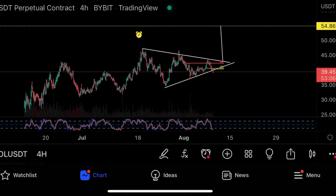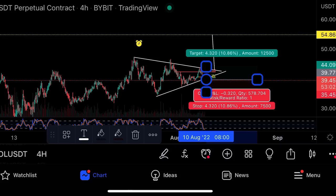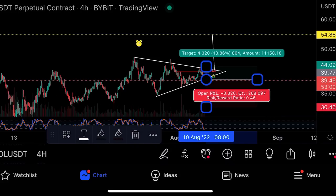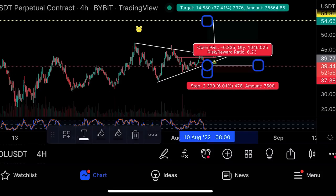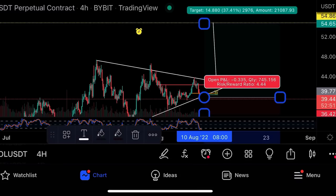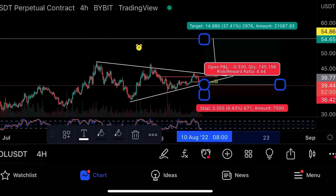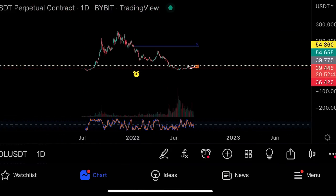I would be going bullish though on Solana, opening a long, because it's too oversold. There's too much buying down here. No one really wants to sell at these prices, in my opinion. Take profit at the 51. I'll do spot on Solana, but if you wanted to do a short-term trade, this is the long that I would take on Solana, a 4.4 risk to reward ratio trade. I'm accumulating Solana down here, so if it drops again, I'll be buying more. Why? Because in the long run,